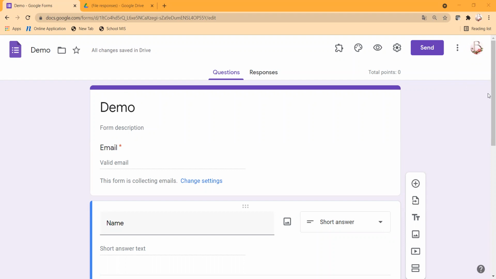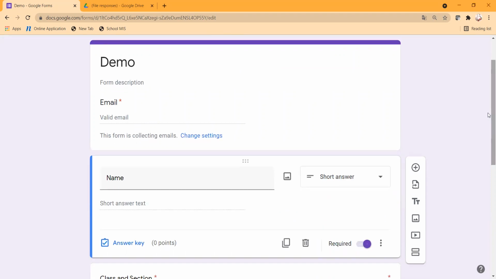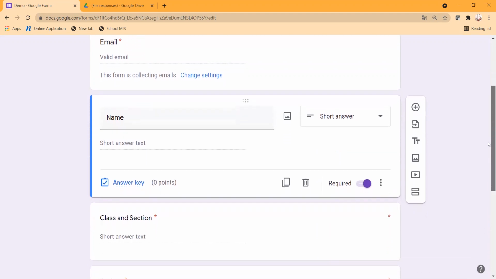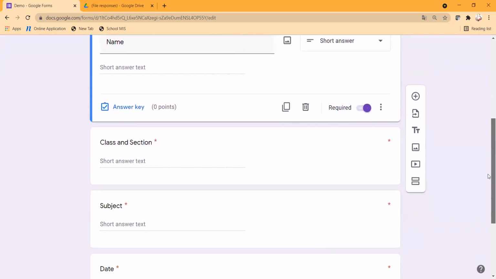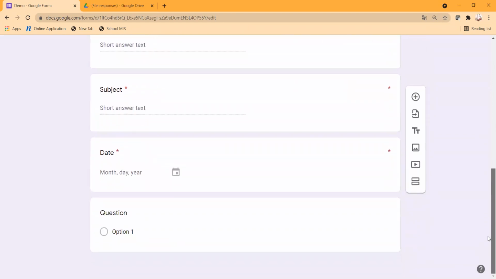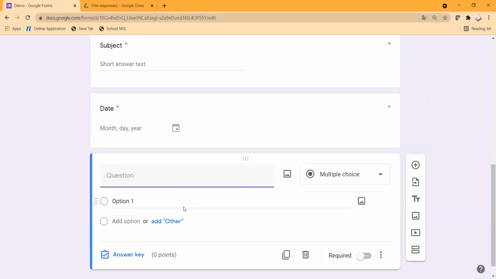As you all know, the basic setting that is to be done for a quiz or the exam in the Google form, I have done all that setting, and now I'm coming straight away to the part where I have to add the question. Now here, after all the initial requirement, date, class, name of the student, all those things are over. Now here I have to add a question for which the child will be preparing the PDF and will be sending through Google form itself.